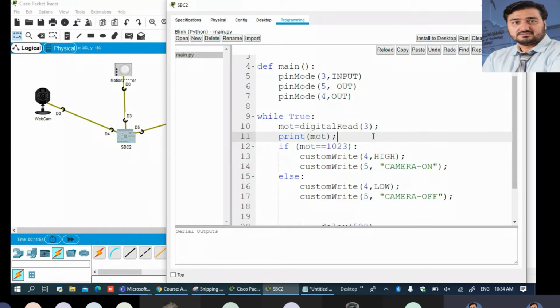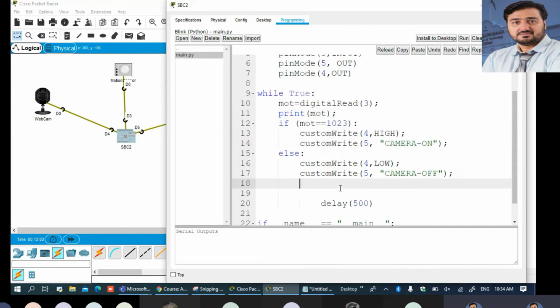See here, motion digital port number 3, motion value 1023, custom write 4, high, custom write this, else this, and delay 500.